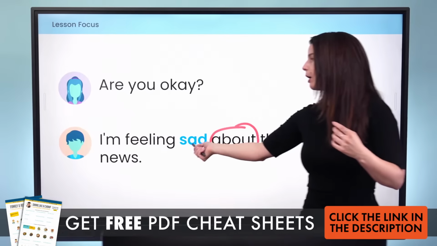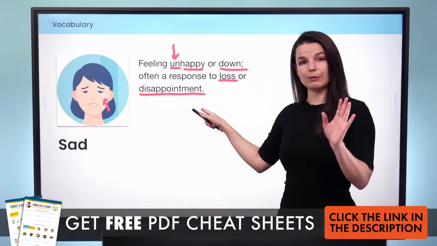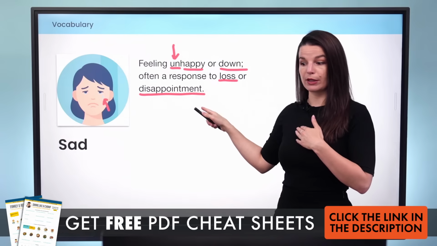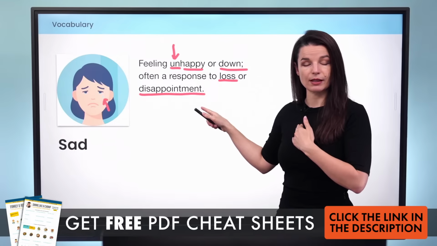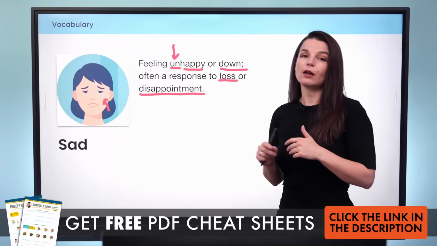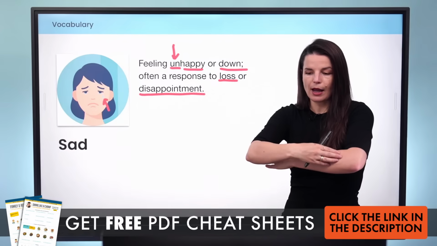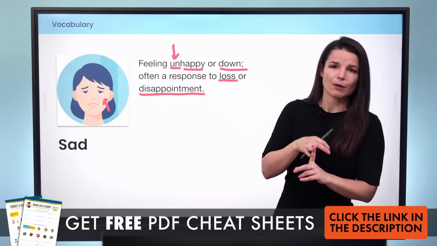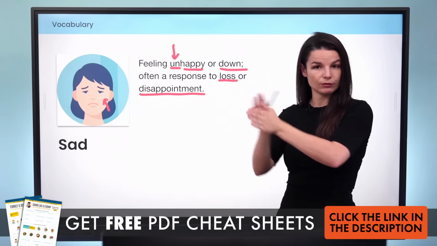Sad, yeah, like we talked about, we respond to loss or disappointment with sad, right? I lost something, or my family member went away, or I miss someone who is important to me. I want to see them. Lonely sounds like I'm not talking to anyone. I just sit in my house, no messages with my friends, or I don't talk to my family. I'm not seeing someone. I don't have a connection with someone.